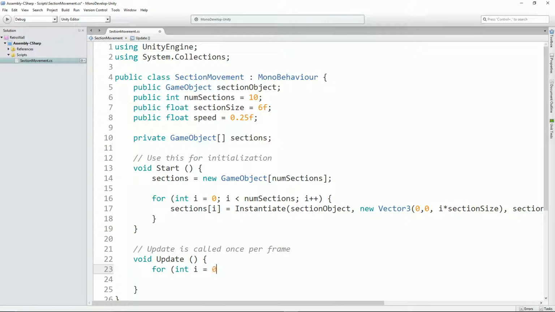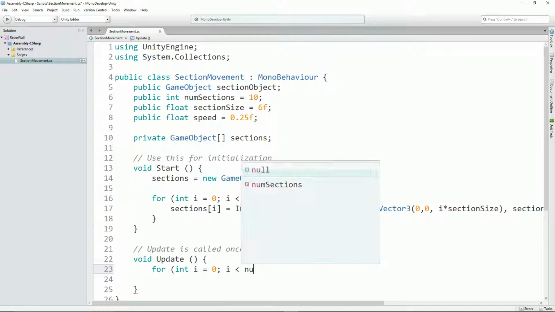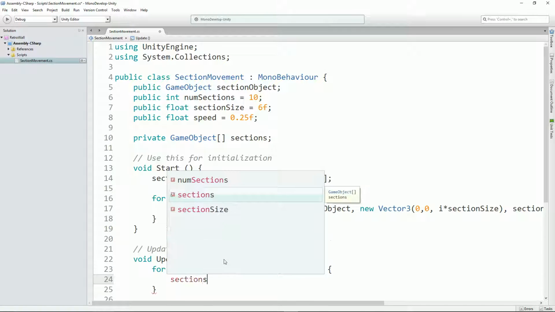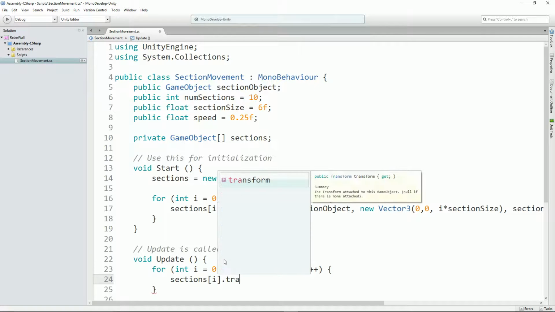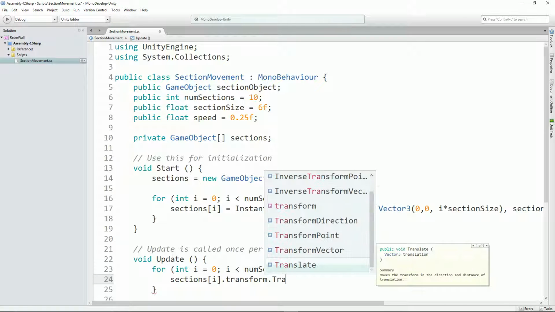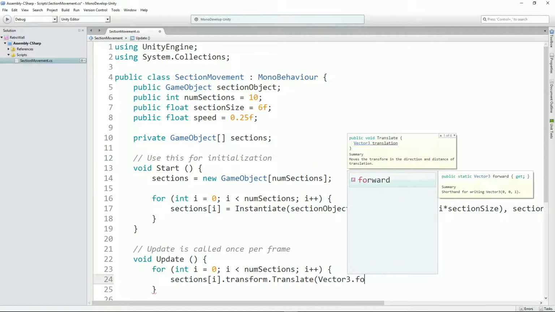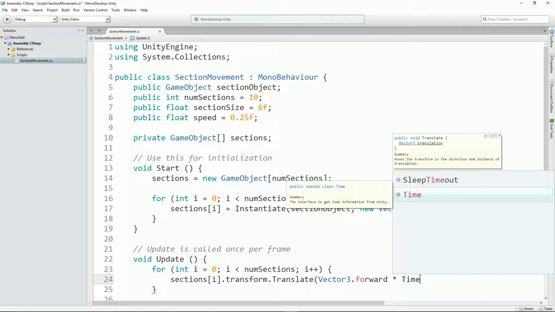And in the update statement, we can very simply say for int i equals 0, i is less than numSections, i++. I wonder if there's a shortcut key for that. Bet there is. And then we're going to say sections[i].transform.Translate(Vector3.forward times Time.deltaTime